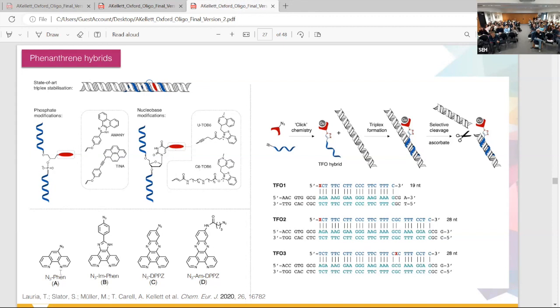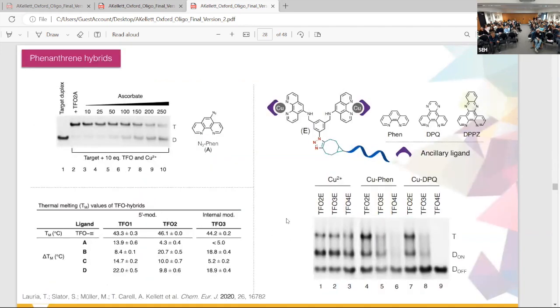So, with that in mind, we developed these phenanthrines in collaboration with Thomas Gurel, and crucially, these are NN groups that can coordinate to metal ions. And so, targeting the green fluorescent protein gene using a parallel TFO, which is modified either at the 5' or internal position,